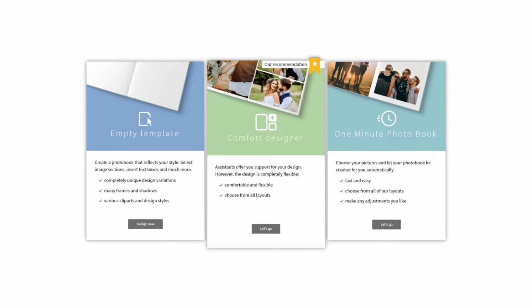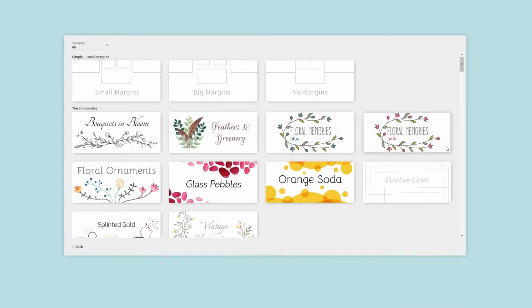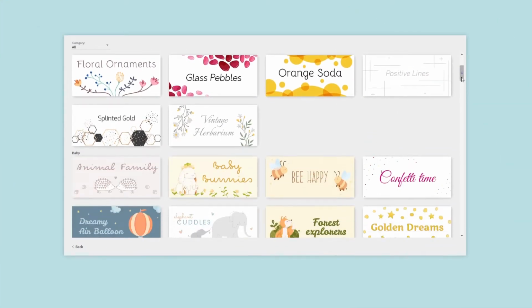The software offers 3 design modes to fit our time and needs. Let's see what they are. If we are short on time and want to design a photo book as quickly as possible, we should choose the 1-minute photo book. Now we simply choose the design line we like the most